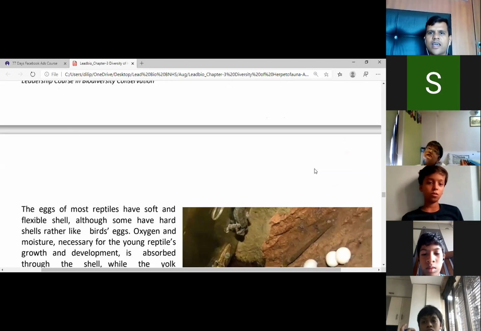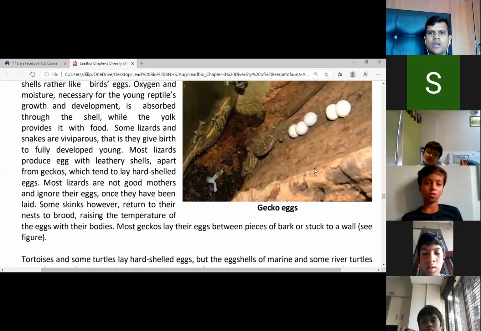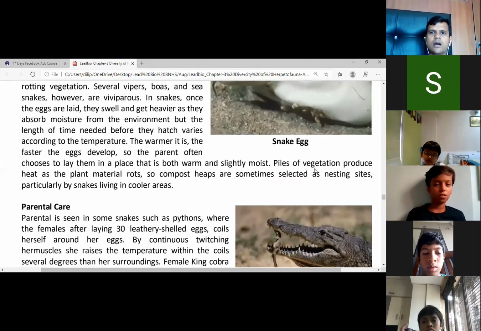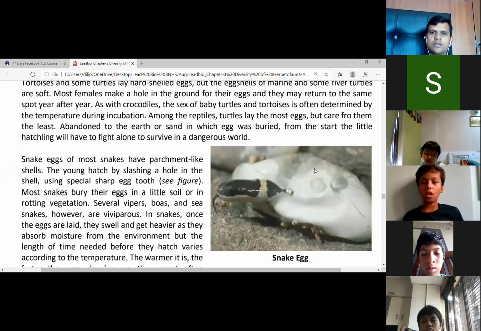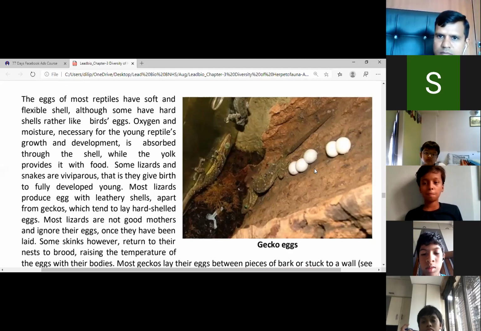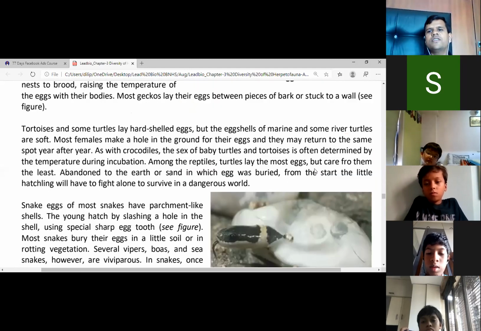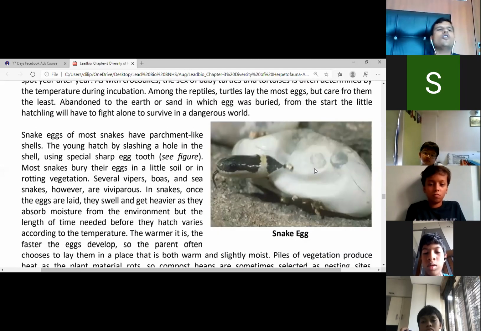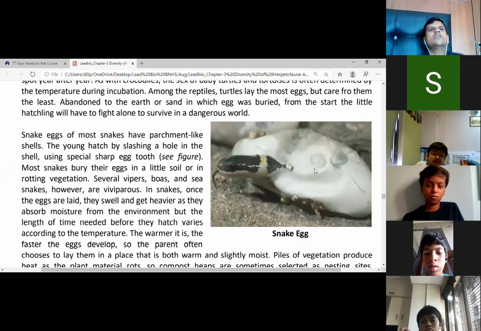These are gecko eggs. I can't see the gecko eggs. Okay. Oh yeah, these are gecko eggs. Now, a lot of these eggs are also very interesting. A lot of birds and reptiles have their eggs,